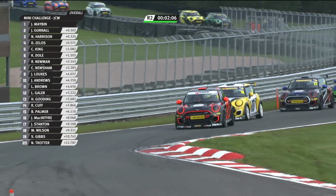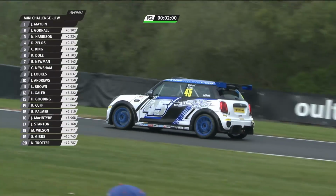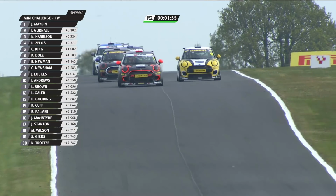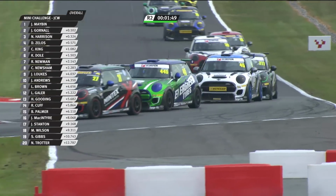down his neck through Britain's, which is almost a chance for him to relax slightly, but you can't really overtake through there. But your exit from the left-right-left flip-flop chicane will perhaps dictate whether or not you have to defend down into the next chicane. I don't think he will, actually. I think Gornall is far enough back that only the middle of the road is required for the race-leading car